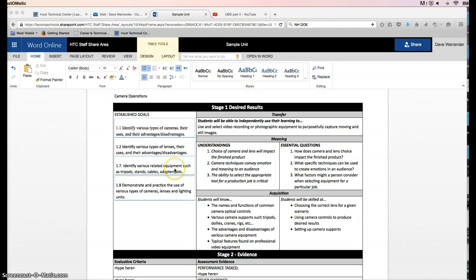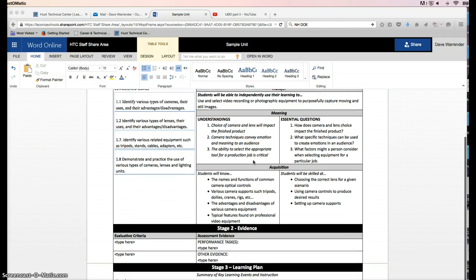So this unit is about the basic camera operations, and we have identified some of the things we want students to be able to know. Now, here's the big question: how are we going to know that they know it? How are we going to evaluate whether or not the students have met these standards we're looking for? That is going to come through some form of assessment.